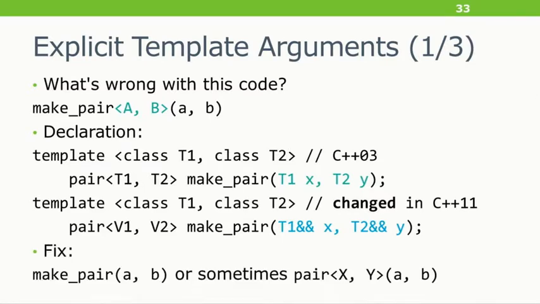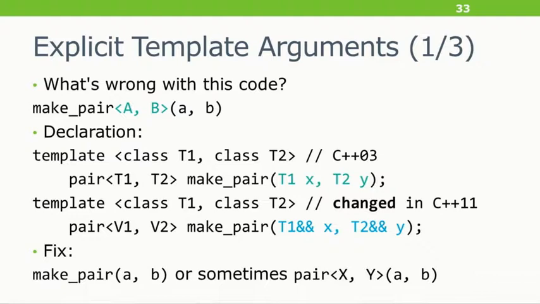The whole purpose of make_pair is for template argument deduction. So you don't have to say pair<A, B> all the time. You just call make_pair without arguments, and it gets the right thing. In this case, it'll do move semantics in C++11, and that's awesome. Every once in a while, you do need to explicitly change the types. Maybe you've got ints and you need shorts or longs. In that case, you should say pair<X, Y> constructed from different types, A and B. And that's mentioning a class name, not a function name. In no case should you ever pass explicit template arguments to make_pair. It's awful.